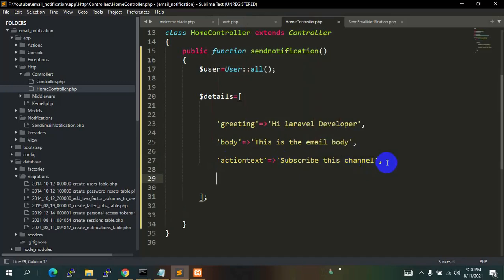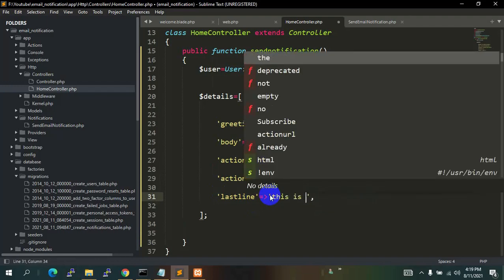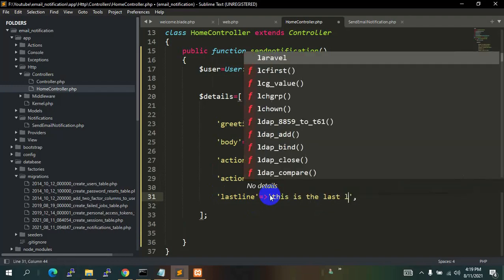Then we'll say over here action URL, let's just say over here only slash. Then the last one will be the last line. So over here let's say this is the last line.